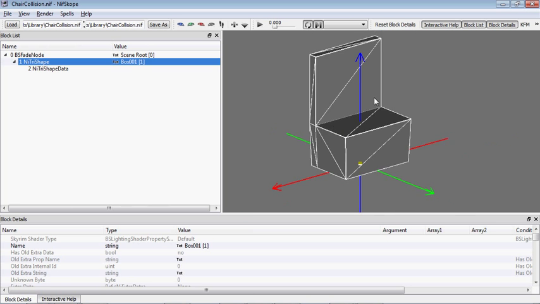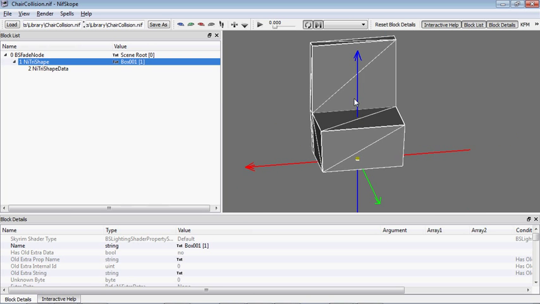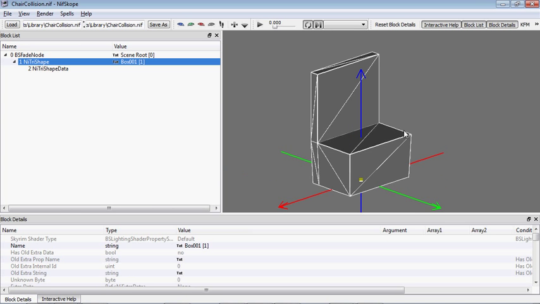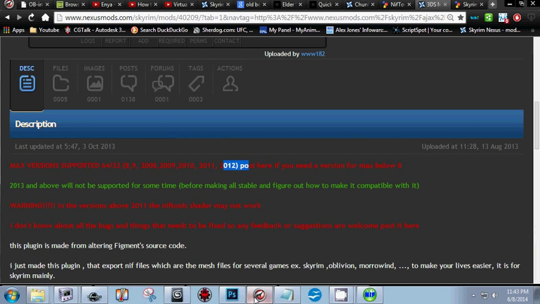Now, when I was saying earlier about different material types, we could have broken this up if we wanted the lower part to be stone and the upper part to be wood. What would happen is if we exported that and there were two different meshes, say these weren't combined or welded together, and they were two distinct objects, there would be two NiTriShapes. And what we would do is